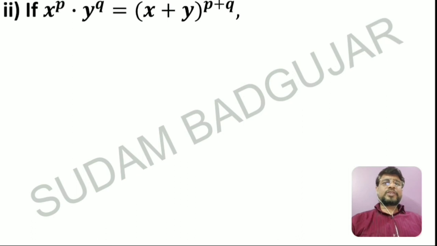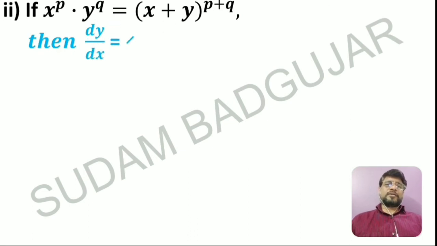Then what is the rule? Now the rule is, if x raised to p into y raised to q is equal to x plus y bracket raised to p plus q, here the power of the RHS is nothing but the sum of the indices of x and y on the LHS. Okay, that is, there are two variables only, x and y. This structure is fixed. x raised to m into y raised to n is equal to x plus y bracket raised to m plus n. For example, x cube into y raised to 4 is equal to x plus y bracket raised to 7. In this way, you must remember this rule. Then dy by dx is equal to y upon x. That's it. It's a very simple form.